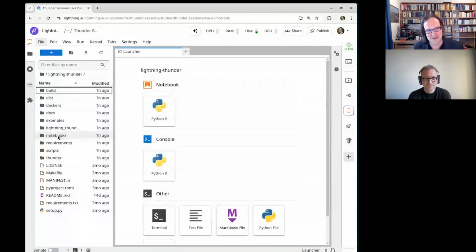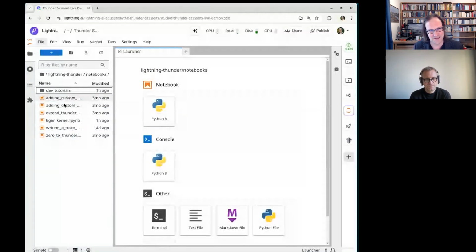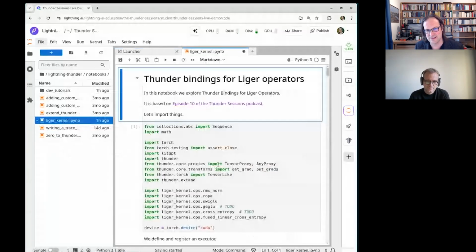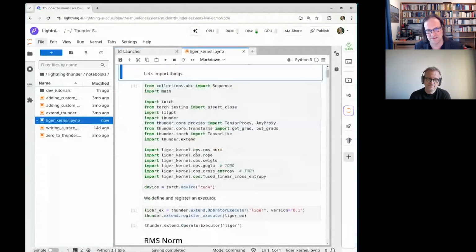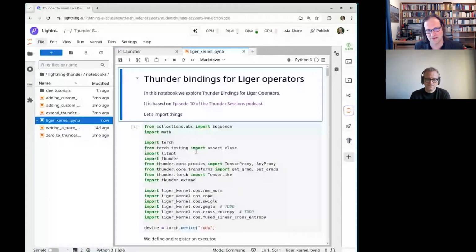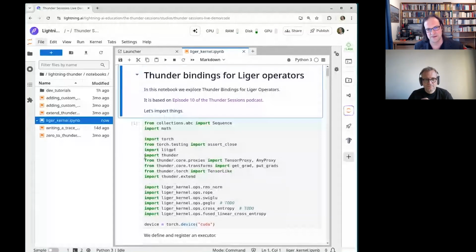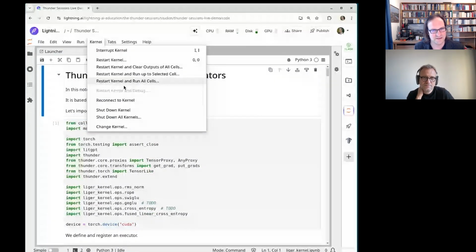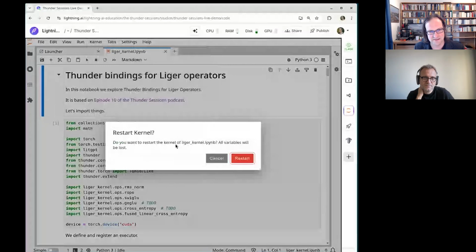The other thing that got merged into Thunder is the Liger kernel notebook that we showed last time. It's here in the Thunder repository, if you want to try it out. We can just run that, restart, and run all cells.